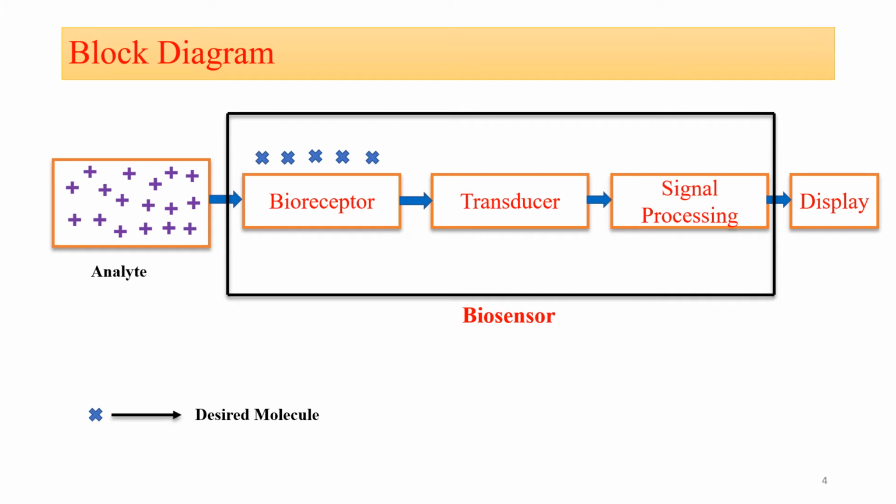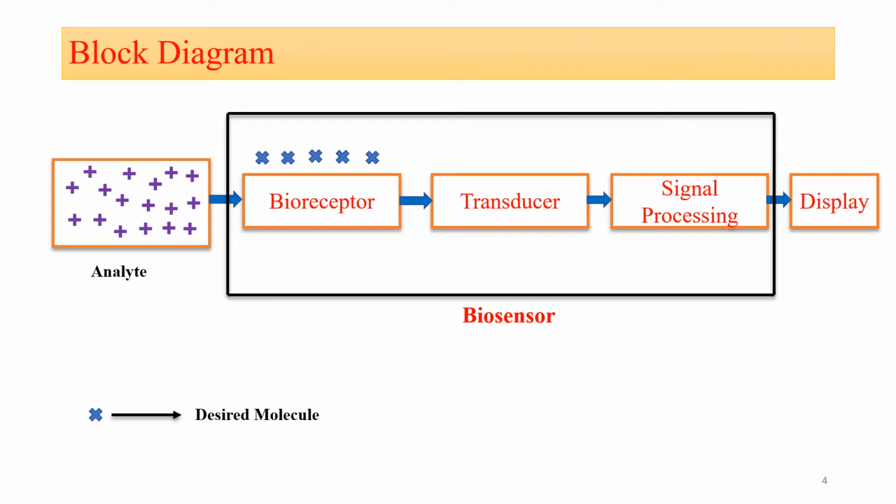Now what is a transducer? In this block diagram, the role of the transducer in a biosensor is to convert the biorecognition event into a measurable signal. And biosensors are employed in applications such as disease monitoring, drug discovery, the detection of pollutants, disease-causing microorganisms and markers that are indicators of disease in bodily fluids,